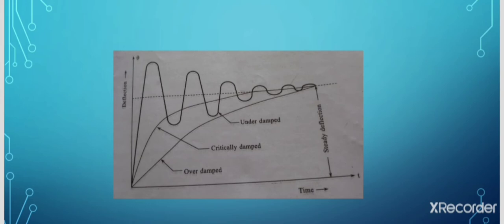If the degree of damping is adjusted to a value sufficient to enable the pointer to rise quickly to its deflecting position without oscillation, it is known as critically damped. During critical damping, the pointer does not make any oscillations. Within a short span of time, it comes to its steady position.